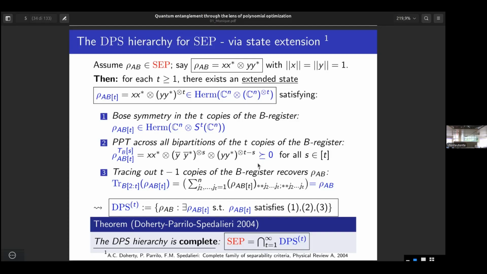For n equal to 3, we already know that set is not equal to DPST. For n, that's the point. Actually, this result for n equal to 2 is because I said n, but actually the result is for 2, 3: set state PPT equal to set. But here I just decided to do n.